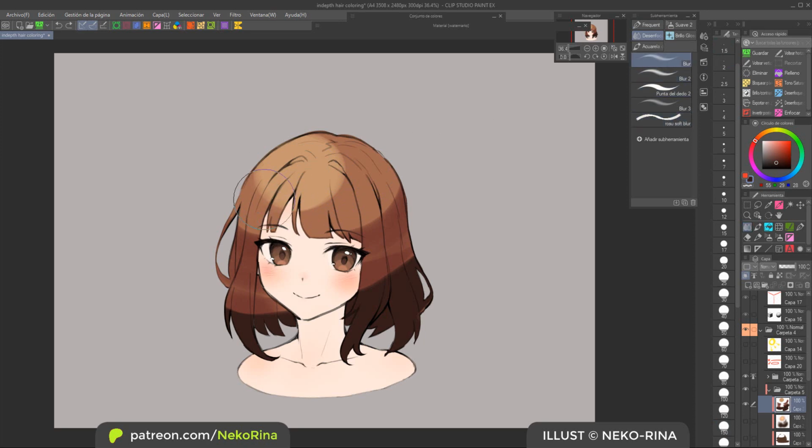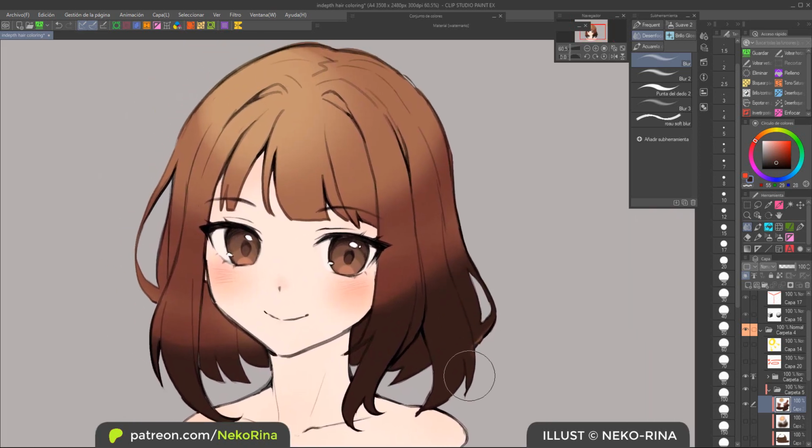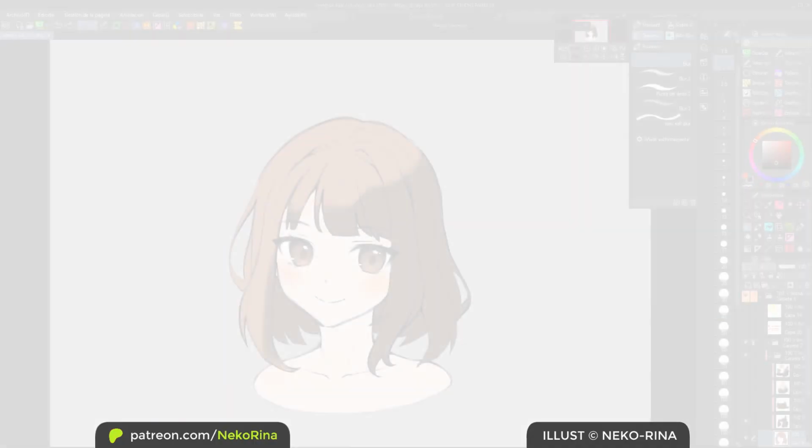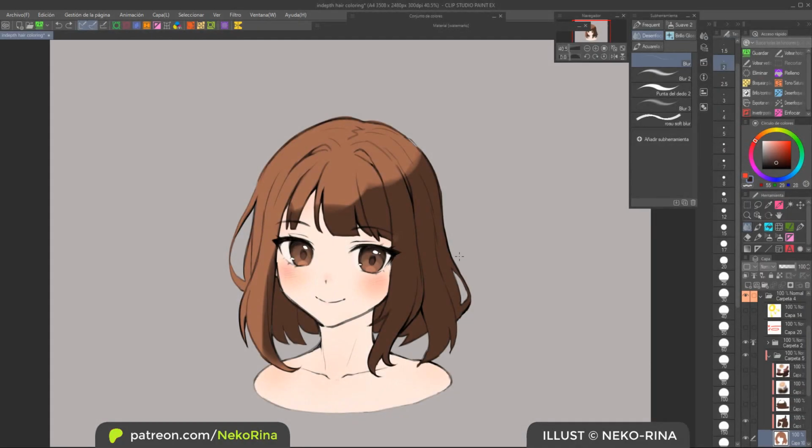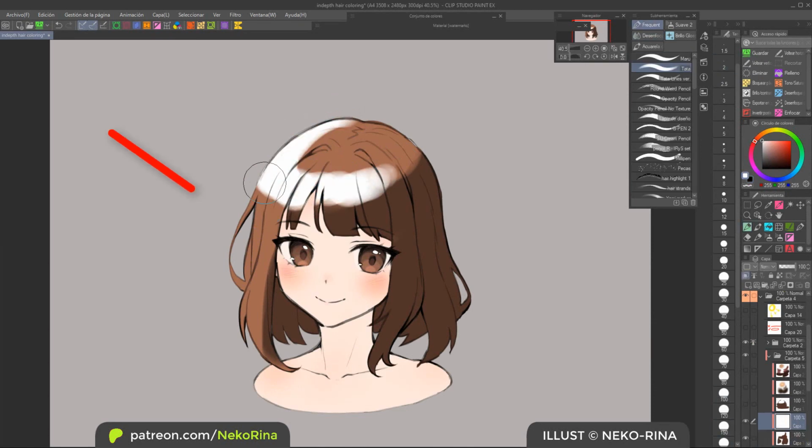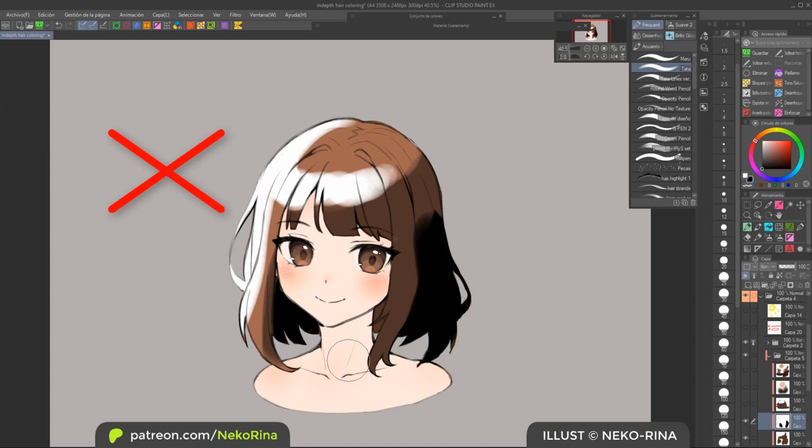There might be cases in which this smooth gradient could be the right choice, but I can't think of any right now, so I'd recommend avoiding this effect for the most part. What I usually do next is think about the colors, and I'm going to beg you to please never use pure white for the lighter part, and never use pure black for the darkest part. And there's a reason for that.